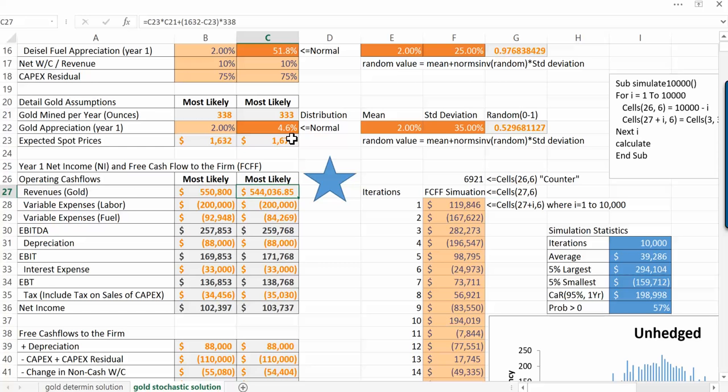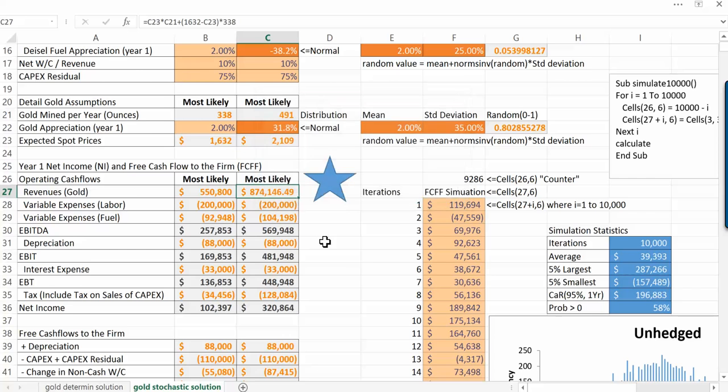Now, every time I hit F9 and gold prices are way down, Todd is getting a contract that pays him the difference between 16.32 and the spot price times 338. And if I rerun the simulation,